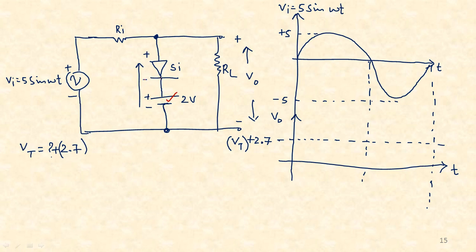Very important point. When the diode is switched off, it behaves like an open circuit. So when it behaves like an open circuit, this input signal will be allowed to pass and then it will appear across load resistance RL. Yes or no? But will that happen always? It depends on the magnitude of the input signal. So just observe till what stage the input signal will be allowed to pass. Till 2.7.